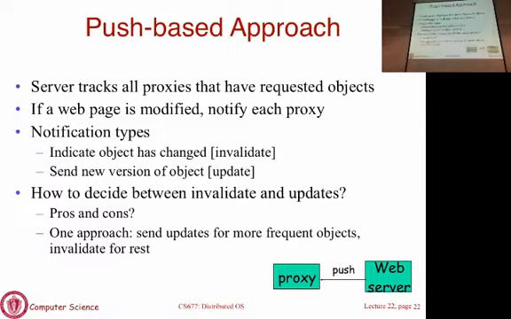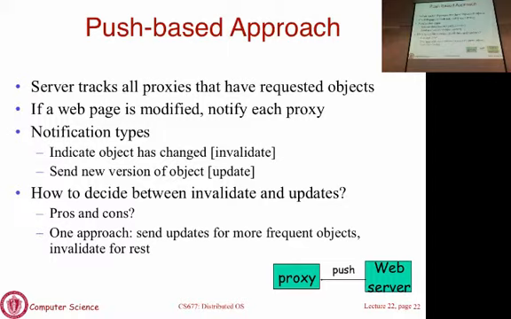So how to decide between the two? If the page is popular and likely to be accessed, you may as well send an update. Because if you send an invalidate, soon after that some client is going to make a request for this page. It will result in a cache miss at the proxy, and the proxy will come back to the server and retrieve that page anyway. So you might as well save the proxy the additional trouble and send an update. For popular pages, pushing updates may be better than sending invalidates.